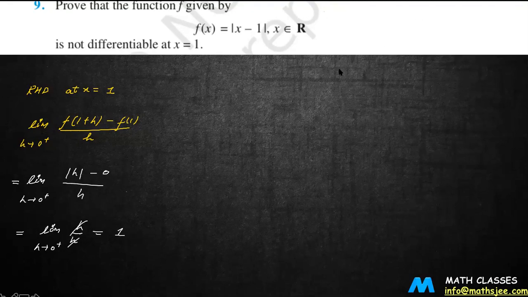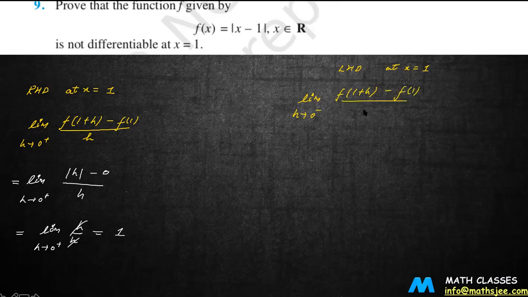Now let us come to the left hand derivative. The purpose is not to just solve the question. Now understand this part. We have now understood what the right hand derivative at any point is. Similarly, we'll try to see what the left hand derivative at any point is, and you are going to apply this in all the questions. So this is limit h tends to 0 minus, because we are approaching from the left hand side. The formula will be the same: f of 1 plus h minus f of 1, divided by h. Here in the left hand one, h is approaching 0 minus. Understand this point.